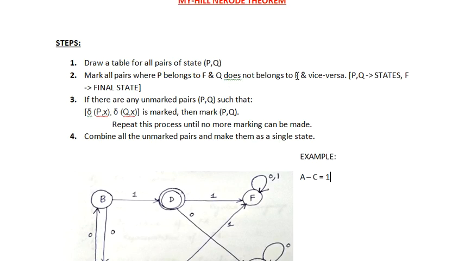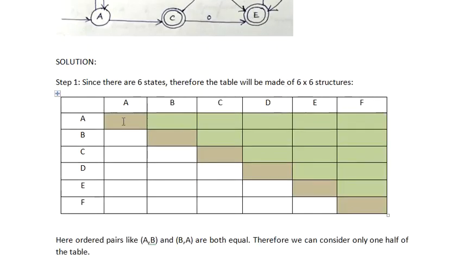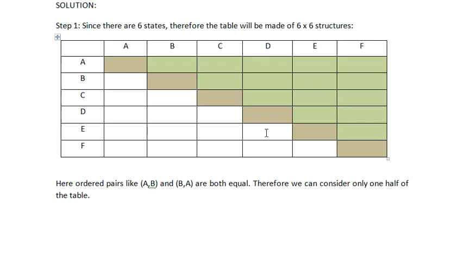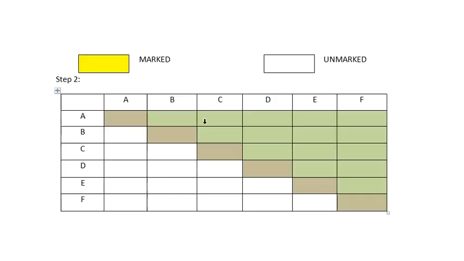Correct? So, non-final, or final. So always you will be getting either non-final or final. So that is not at all required. That's why I haven't used these A, B, B, C, C, D, D, E, E, F pairs. Clear? That's why I have marked as silver, and this green I won't be working. Now let us start with step number 2.